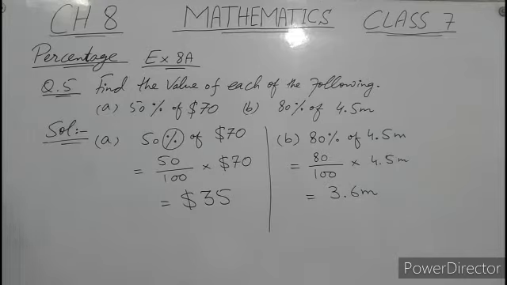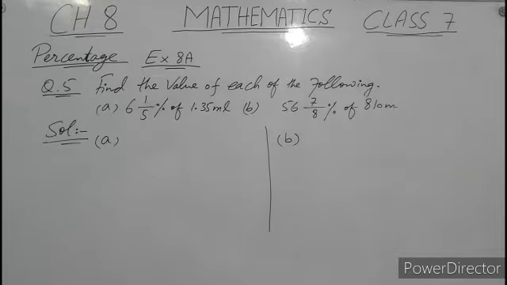5 parts of 4.5 will be of 0.9 meter each and 4 parts will become 3.6 meter. Now I start question number 10. Question number 10 is similar to question number 5.